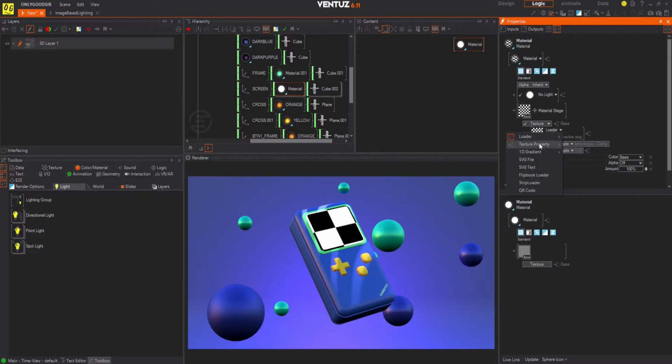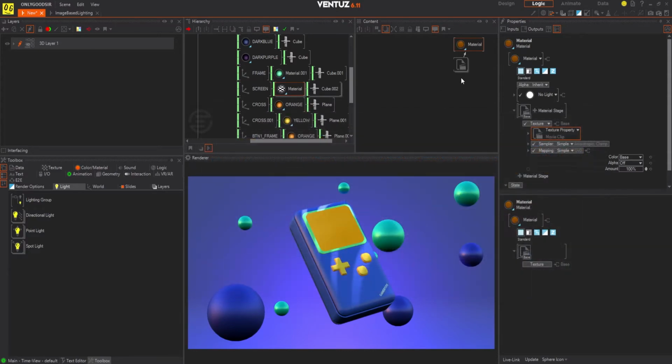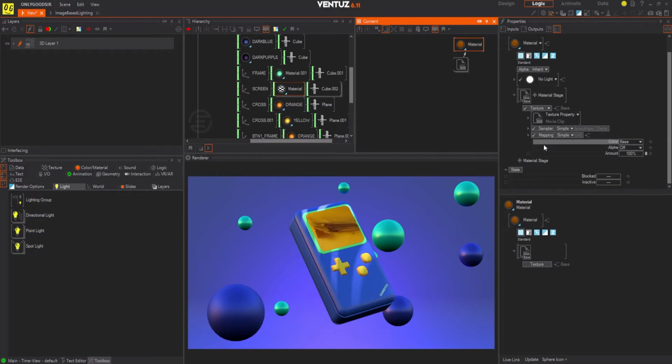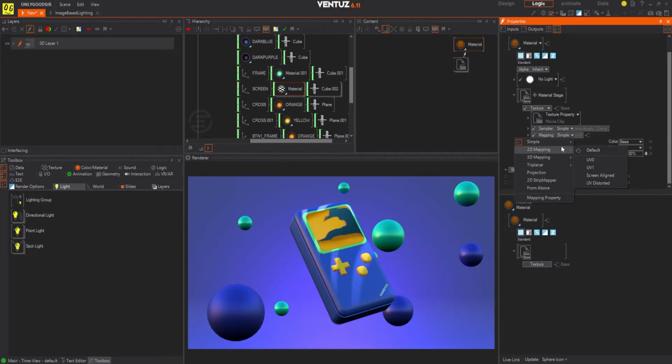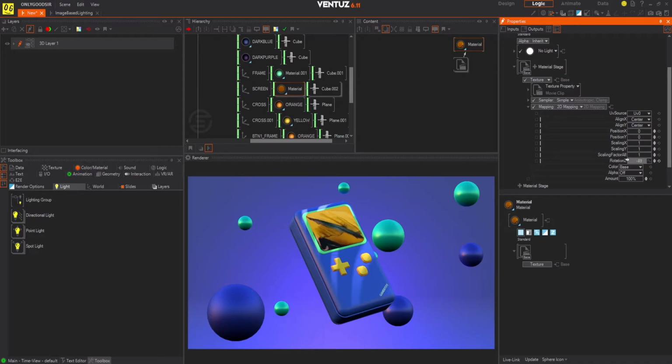Now the UV mapping, as you noticed if you've watched the first video, I didn't do any UV mapping on it. However, in Ventuz you can change the UV mapping. So if I load in a video clip and set the clip to loop, and we go back here to the UV mapping, you can change that UV mapping and correct it. So if you haven't done your UV mapping, you do have the ability to correct or tweak the UV maps in